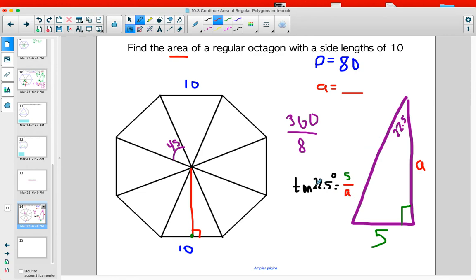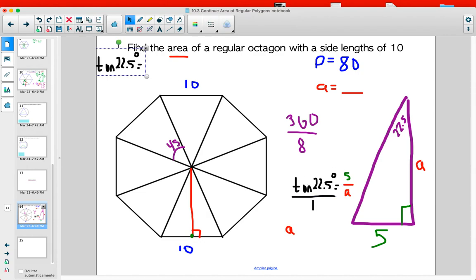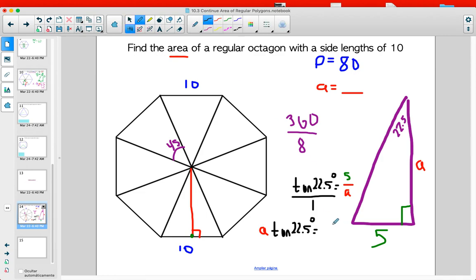Okay, we're going to go ahead and cross multiply. Remember, I like to put this over 1. Cross multiply, then you end up getting A times tangent of 22.5 equals 5, because all it is is 1 times 5. Okay, last thing we need to do is divide both sides by tangent of 22.5. So the apothem equals 5